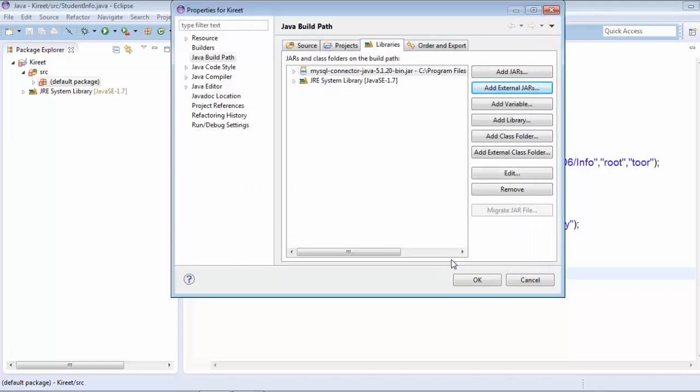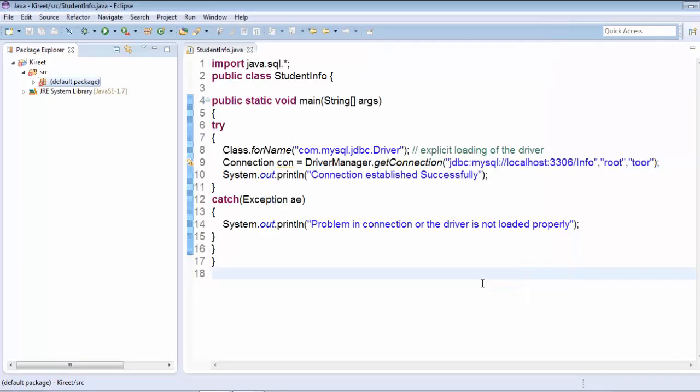As soon as you click on it, this particular jar file will be reflected on the Java build path. So you are building the path so that your JVM can locate it in your project. Now you just click OK. As soon as you click OK, you can see Referenced Libraries. It means this has been referenced from some external source. This is not a part of our Java library, so this is a referenced library.